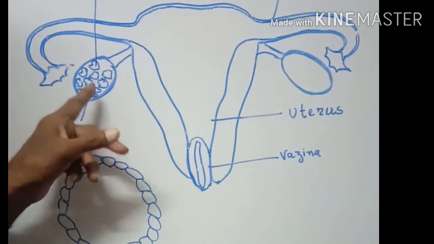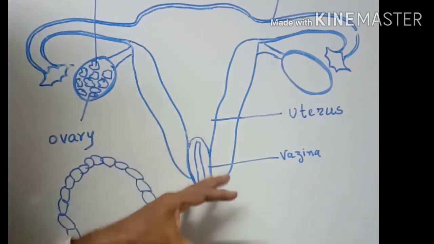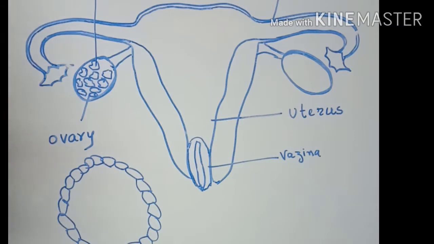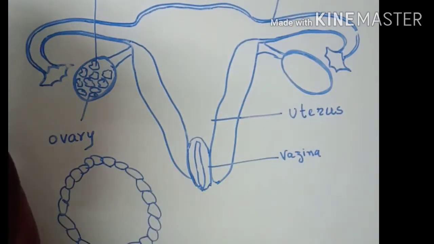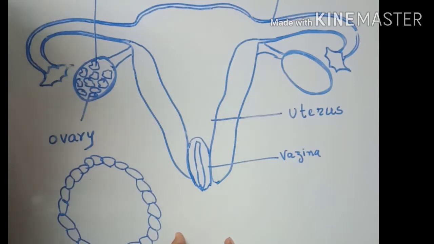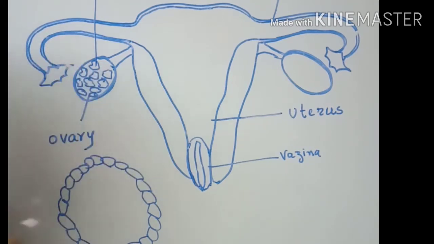So what do the ovaries do? How do they produce ovums? That is the main thing we want to see in this concept. Generally we know in females or women, several changes happen in the reproductive system every month. So every month many changes happen in this reproductive system. That is also called the menstrual period. So what changes happen? The ovary forms an ovum.